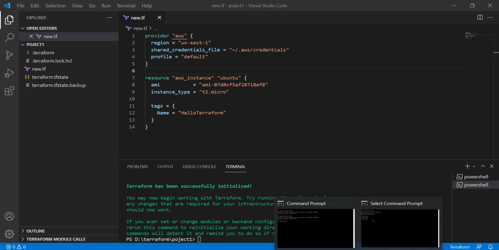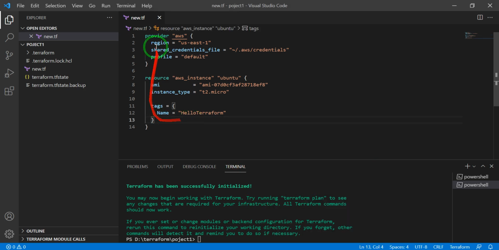So you can create different profiles on your machine and run this Terraform accordingly. I have just written default here. Then you write the resource name, the instance, and the tags name.